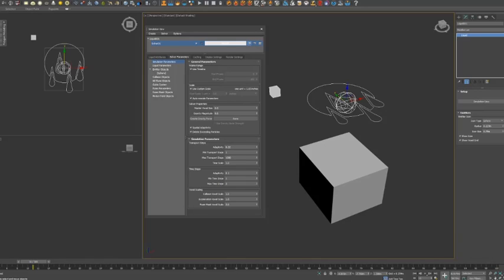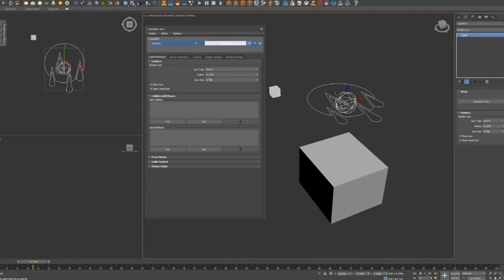Solver parameters. This is where most of the action actually is. This is where all the various variables come together to tell the computer how to simulate the liquid that you're wanting. And liquid attributes is also pretty important. This is actually where I'm going to start. Like I said, we're going to be dripping a little bit of water onto this cube